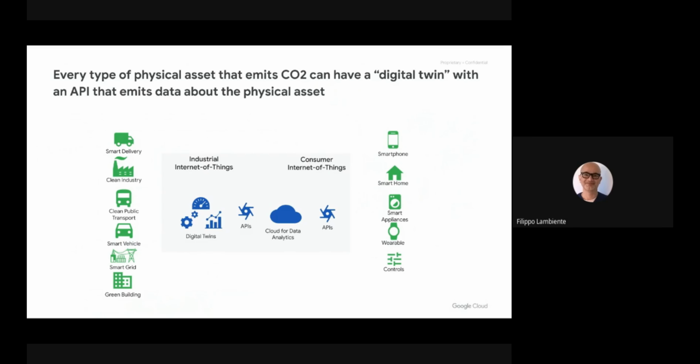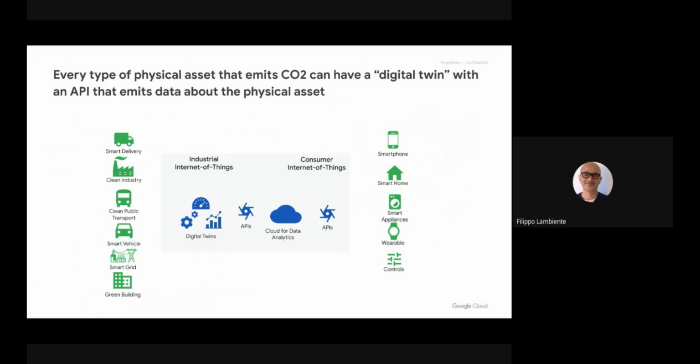And again, the API play an important role here, because all of these actors participating in this network have their own digital twins, and the digital twins, both for the industrial IoT or the consumer IoT, are able to provide